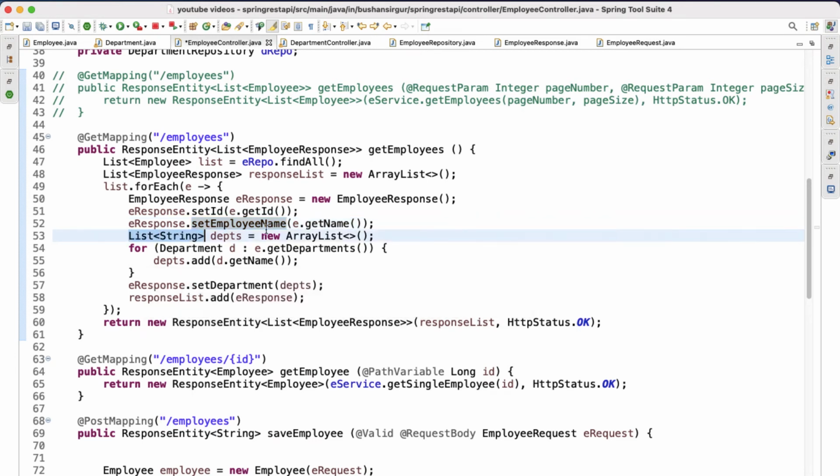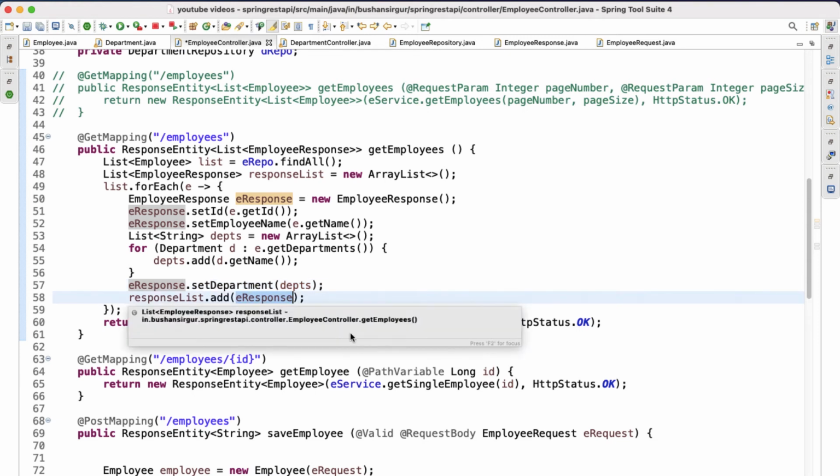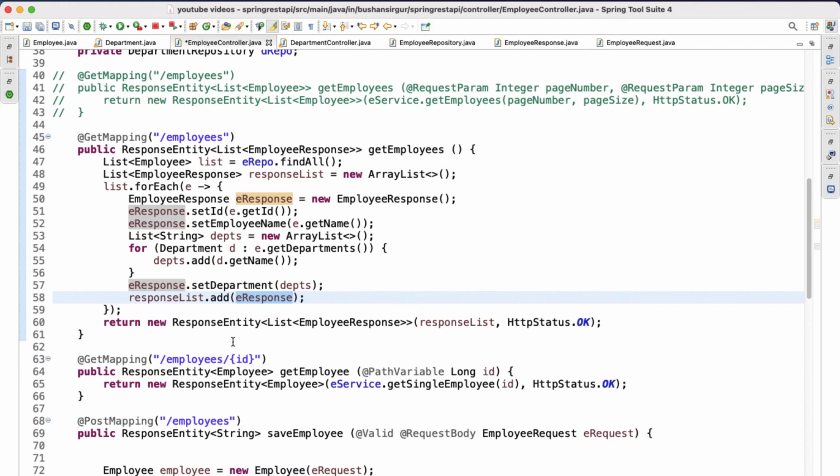For that, we are going to create a new list of string type, and then loop through the departments coming from the employee repository and add them to the departments list. Finally, we are going to add this departments list to the employee response. Once we prepare the employee response, we add it to the response list, and return the response list back to the client.